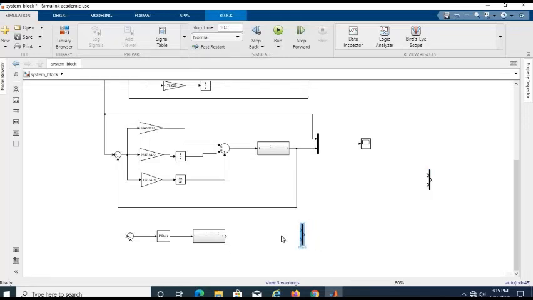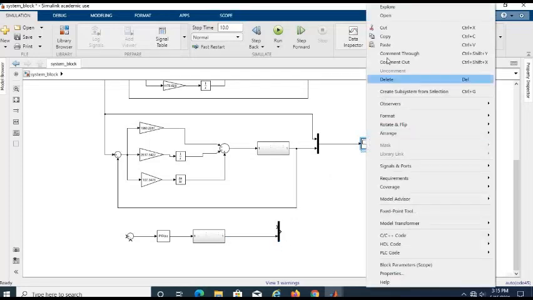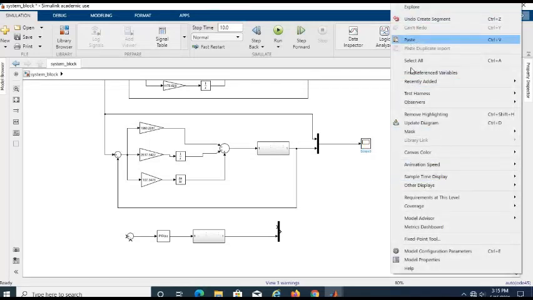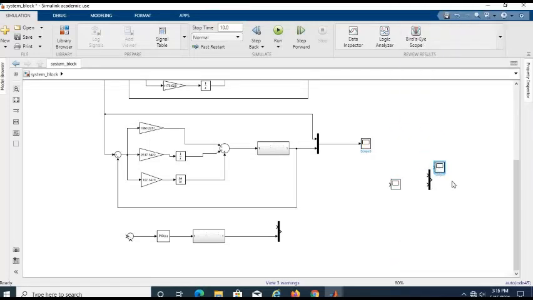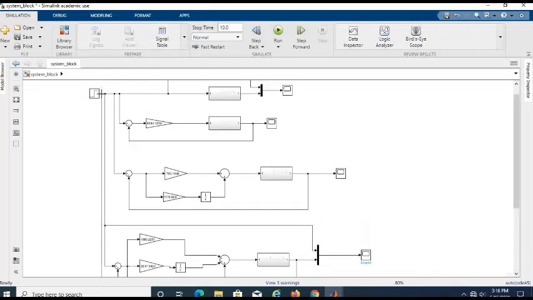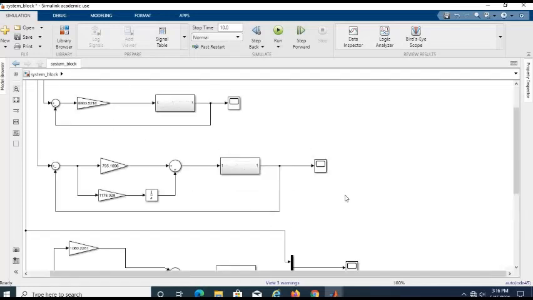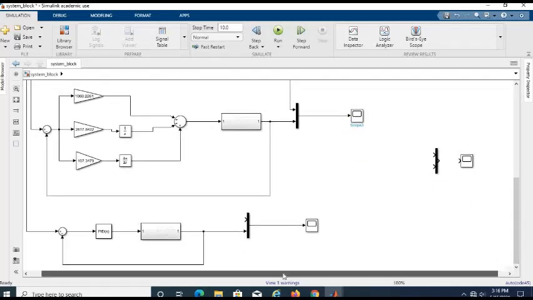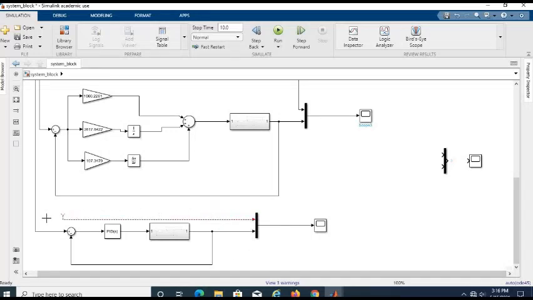Is it feedback? There is input. This is our system. If we want to compare with the input.